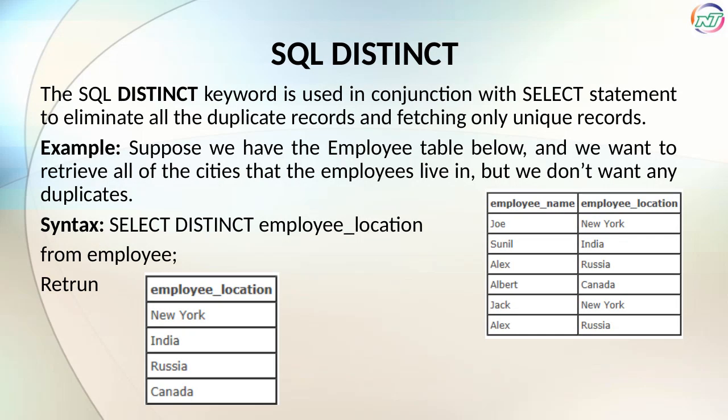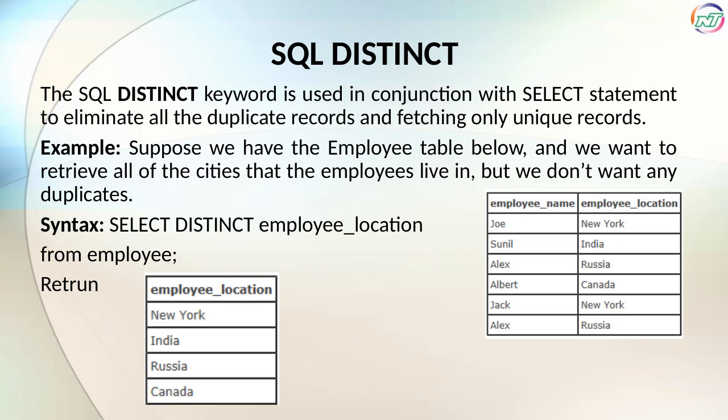When working with a table like this employee list, we might want to get all the cities where the employees live, but without repeating any city more than once. Using the distinct keyword in our select statement helps us do exactly that. Instead of just selecting all employee locations, which could include duplicates, adding distinct ensures that each city appears only once